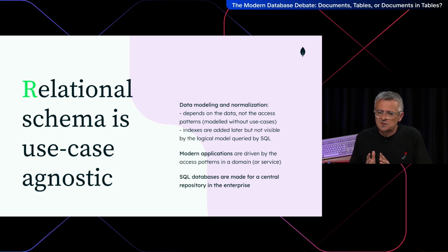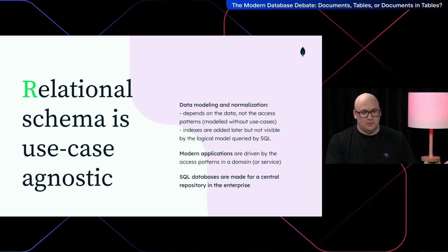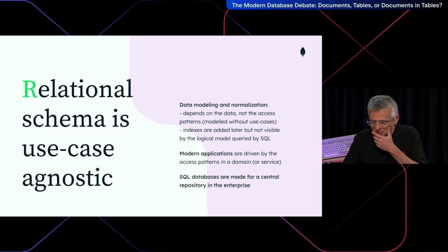You normalize when you run a central database that will be used by all the applications in the enterprise, and that's when I started in IT in databases. That's how it was done. You had one central database and all applications on that. And then you learn about left joins, outer joins. So that was working on those databases, and it still exists today if it's the choice, having a monolithic database.